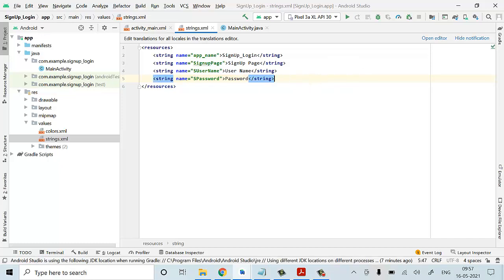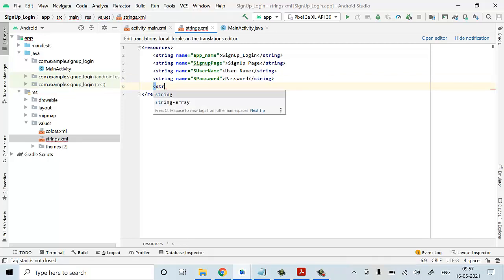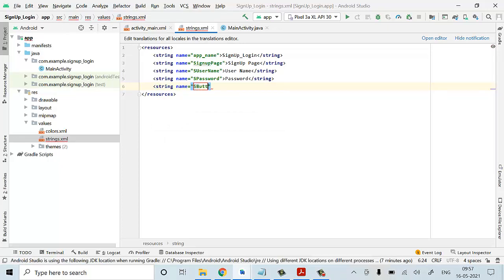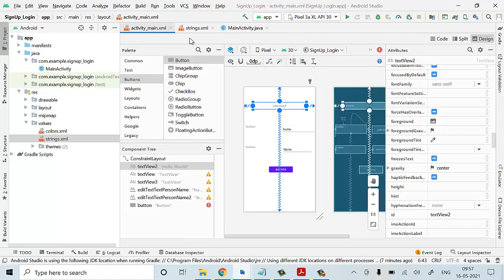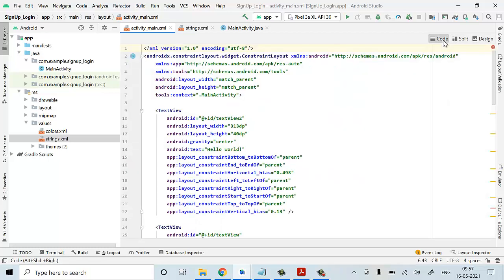Now what will I write? I have to display some content on the button. So what I'll do? String name is equal to yes button. S button, I'll write it, I'll close it. Now I'll click on sign up. Now it is done. Okay, now you can save your file, go back to the activity.main.xml and go back to the code here and